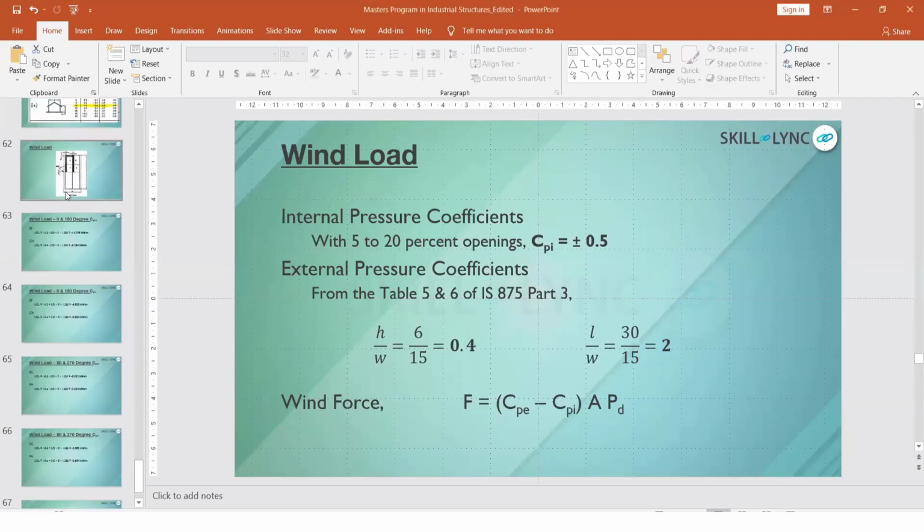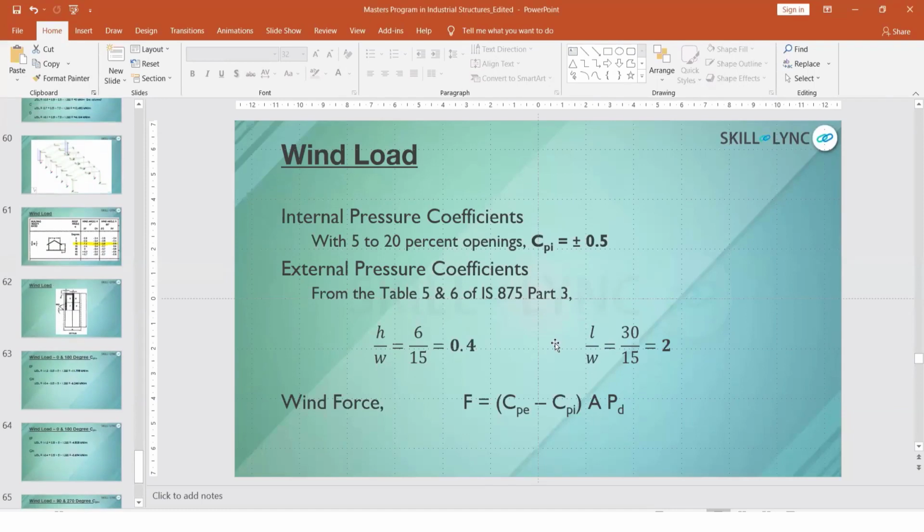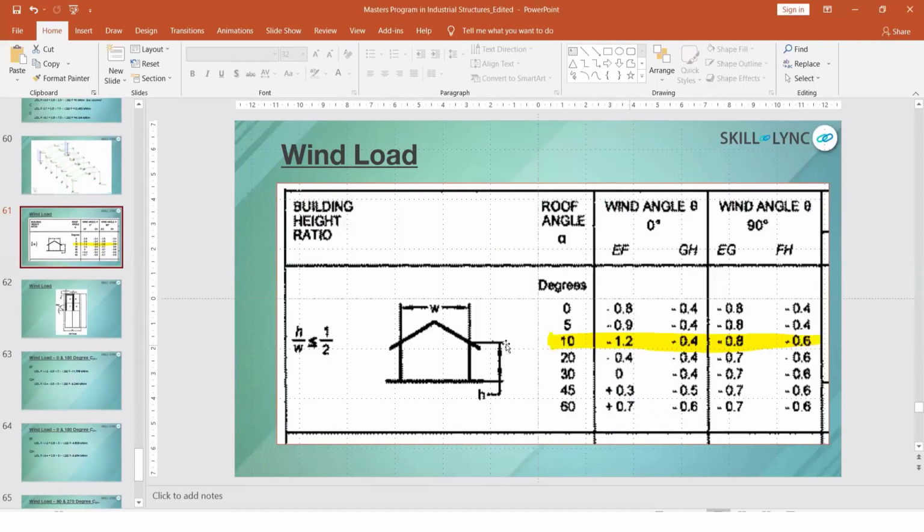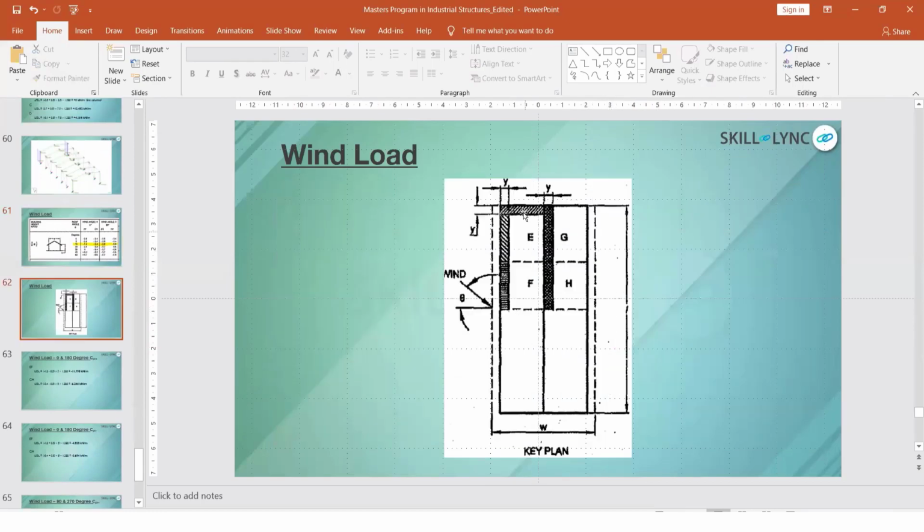If you see the PPT here, I've taken these values, minus 1.2, because the height of my building by W ratio is less than 0.5. So minus 1.2, 0.4, 0.8, 0.6. In this you have to see this is the type of building we have.